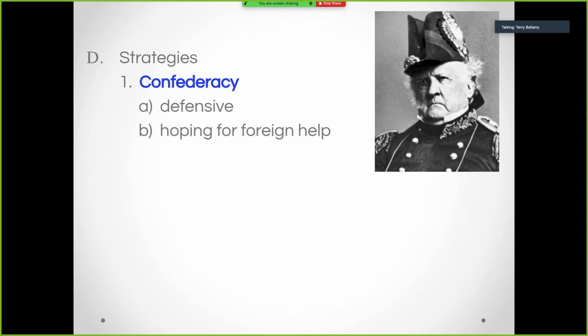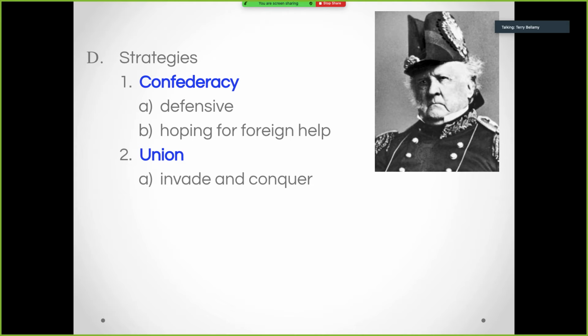But they have to be careful about that. They're not just going to jump in and join, because if they join the Confederacy, that also means they're ticking off the Union. Now the North, the United States of America, was one of the biggest trading partners for all 3 of those places, the British, the French, and the Spanish. So if they join the Confederacy, they lose a big trading partner. So the Confederacy is hoping for intervention or help from foreign countries, but they're maybe not going to get it.